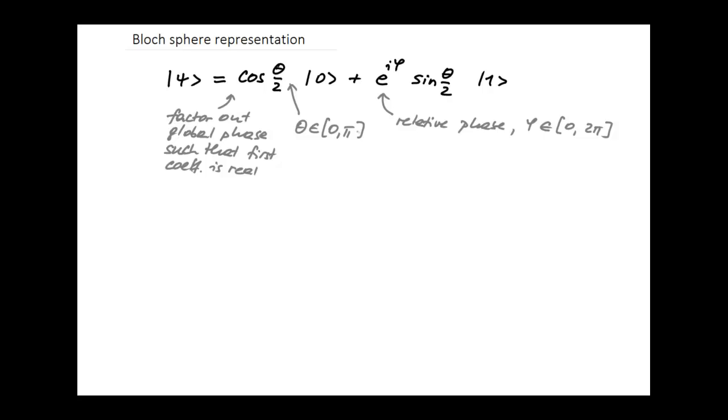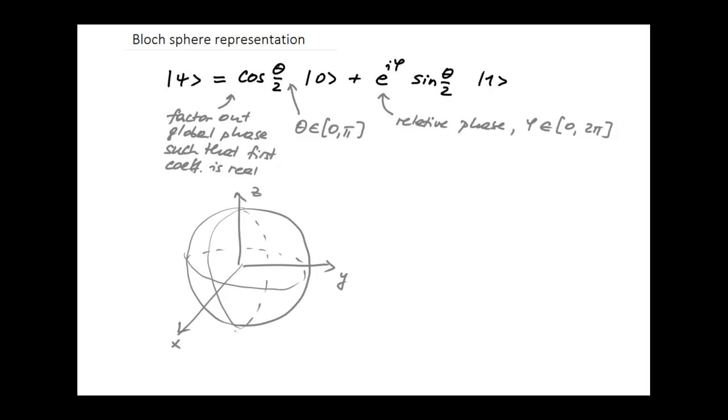Let me sketch a coordinate system, x, y, and z, and let me try to draw a sphere. And let's look at an arbitrary point on the surface of that sphere. It's a unit sphere, I should say. Let's consider a point on the surface of that unit sphere. In spherical coordinates, we can describe this point by two angles. We have the angle theta,